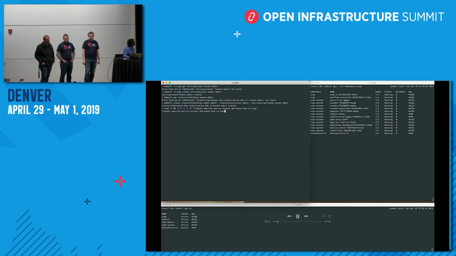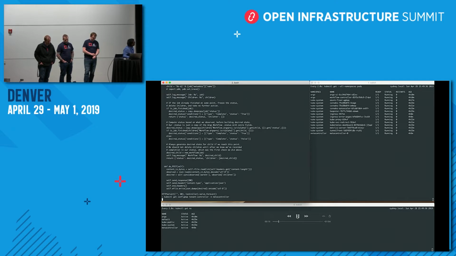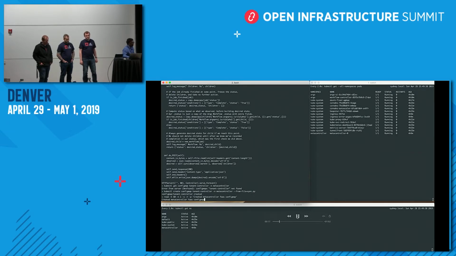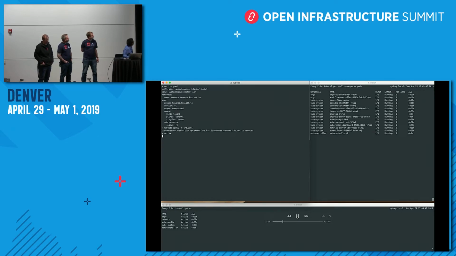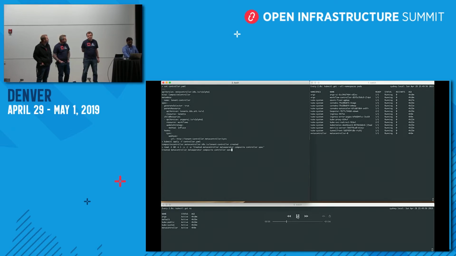On the right-hand side, you can see the Argo workflow controller as well as the meta controller are already installed and deployed. And the Argo workflow has been done as a config map. And this is the CRD of the tenant, where we can define the tenant CRD. So at this point, we've added effectively a new endpoint to the Kubernetes API that allows us to query for tenants.